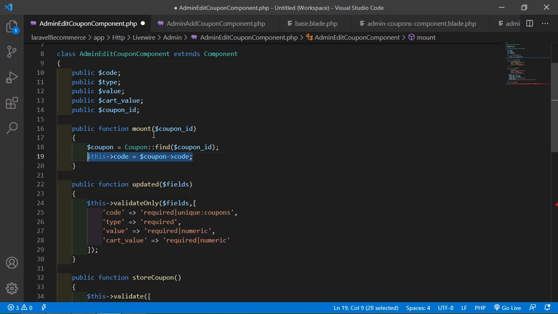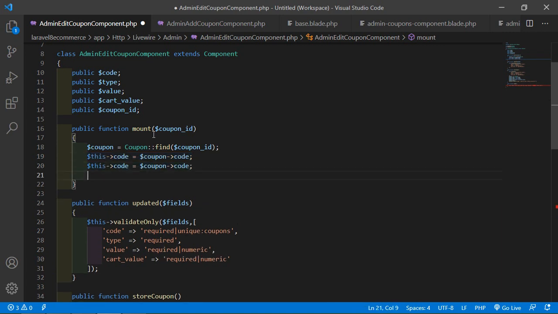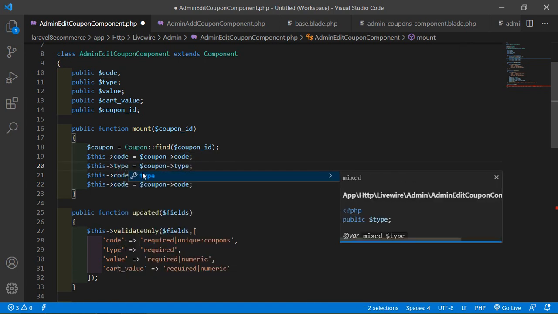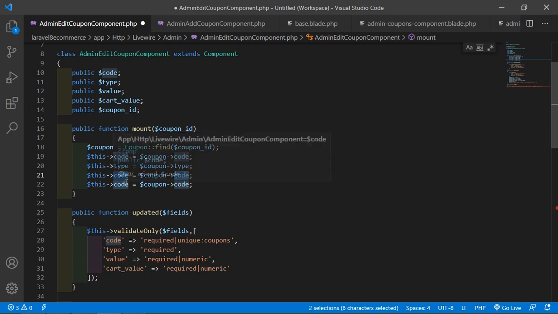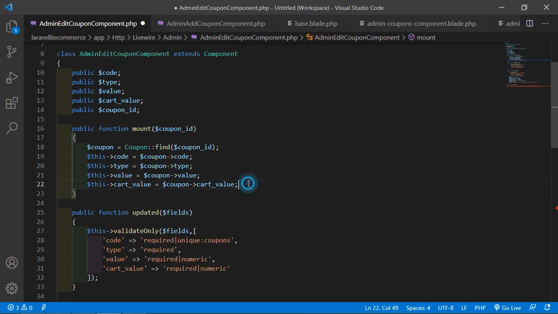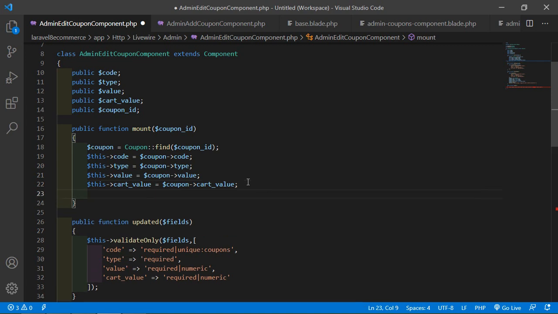All right, and now just copy this and paste three times, and change the name, type, also change value, then cart_value, and also fetch the coupon id. Okay, so we write here this property name coupon_id, and here $coupon->id. All right,